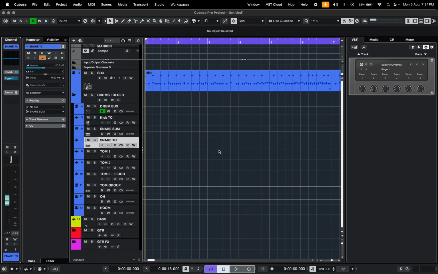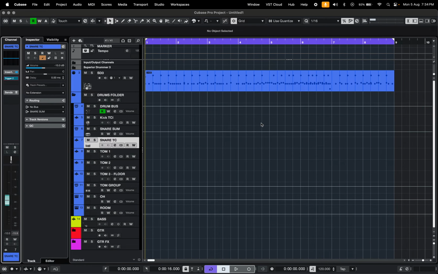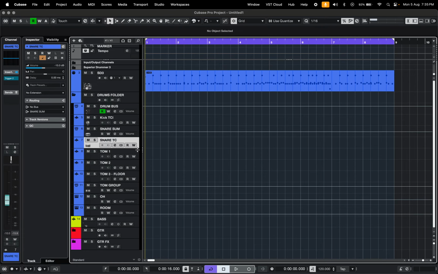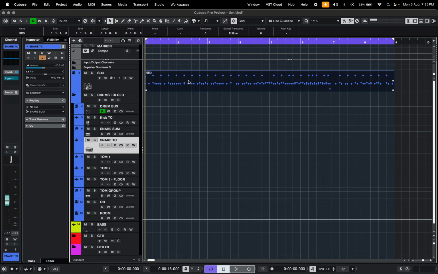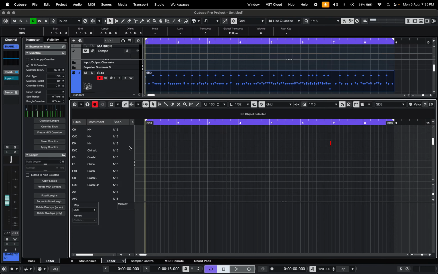The setting up is probably the hardest part. Once you've set it up, you'll have a good system going, and the rest will just be plugging in the MIDI. So what to do to make this work? I'll write this: the kick is C1, the snare is D1. So if you open up the MIDI,